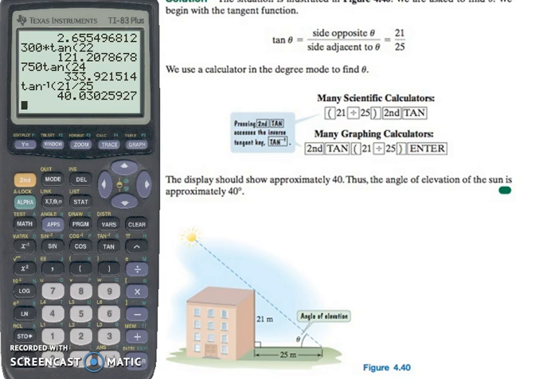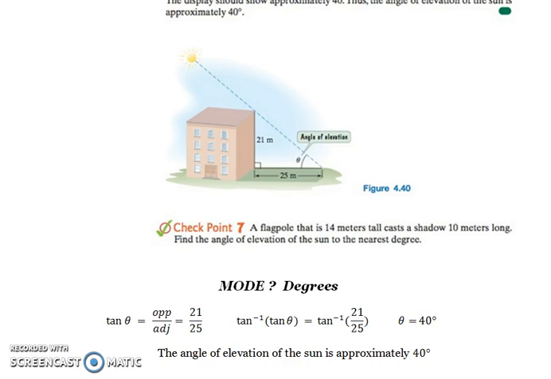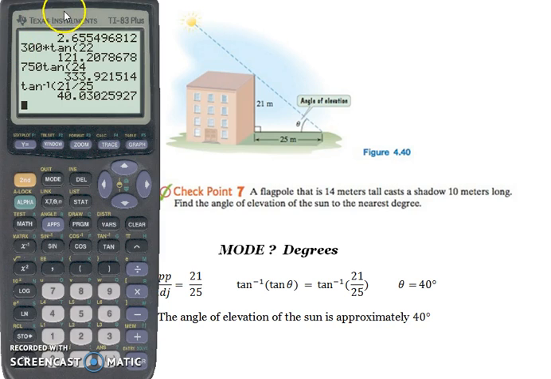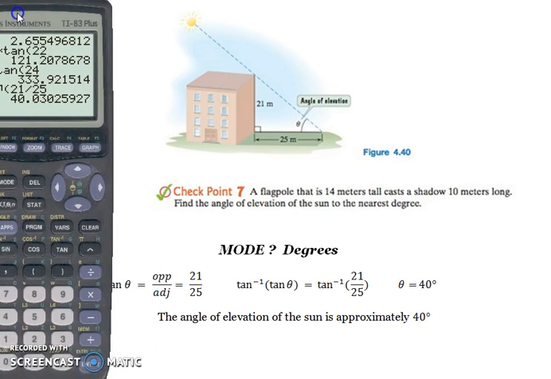Okay? You only use inverse tangent or inverse cosine or inverse sine, the one above it, if you are looking for an angle. So for example,